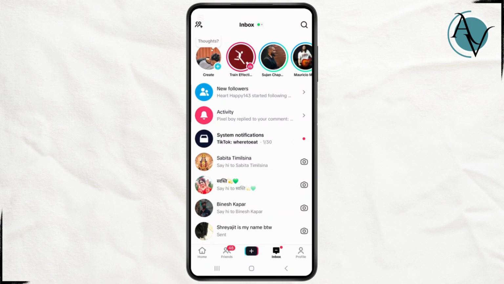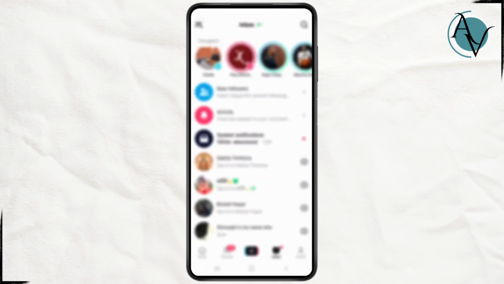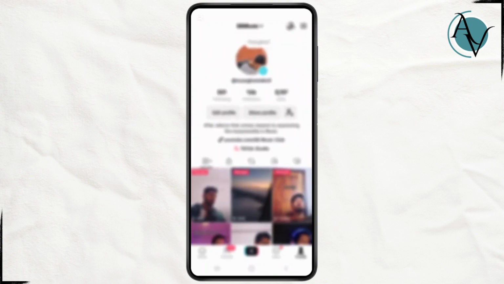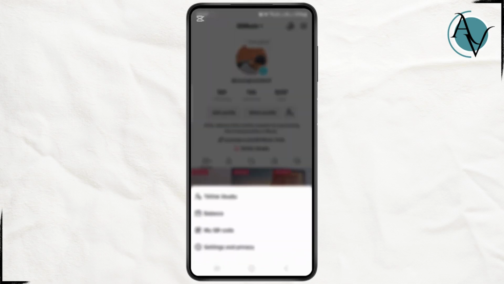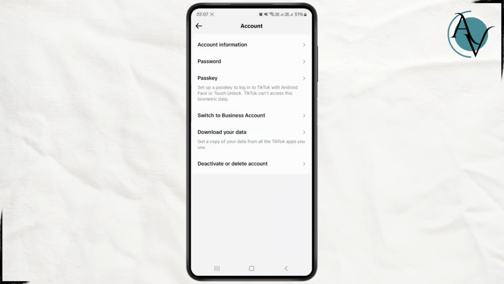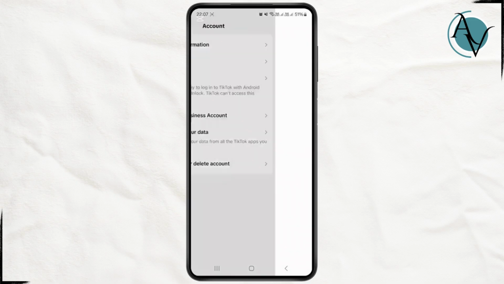So once I delete this message, to recover it back, what I can do is simply head over to your profile section at the bottom right corner and just click on this hamburger icon at the top right corner and simply click on security and privacy, and from over here just click on account, and you can see there's an option called download your data. So simply click on it,